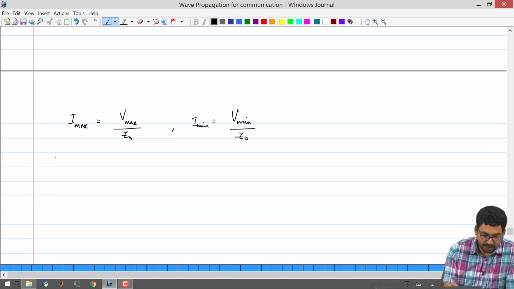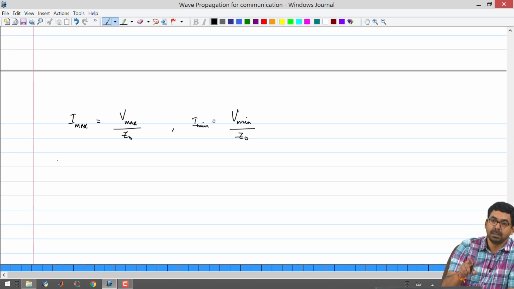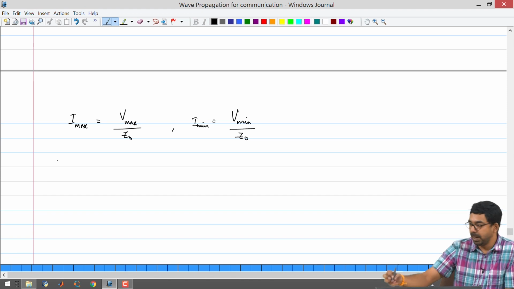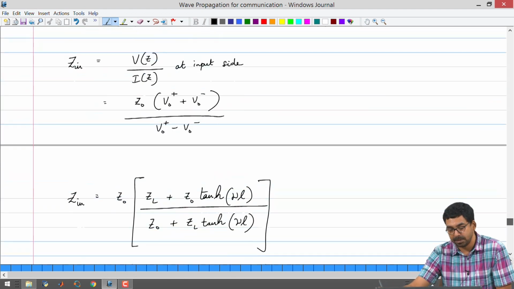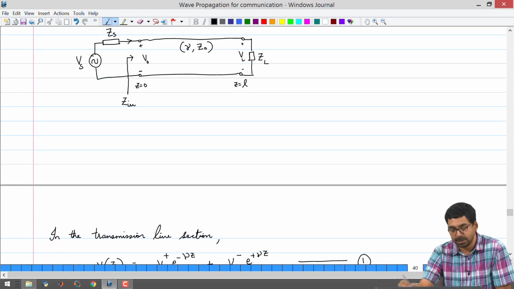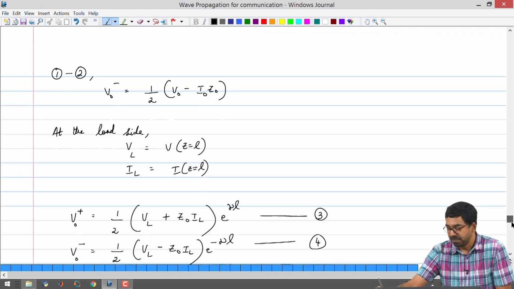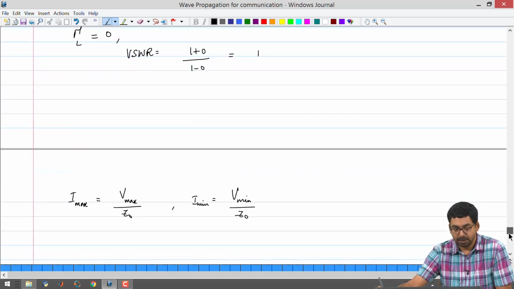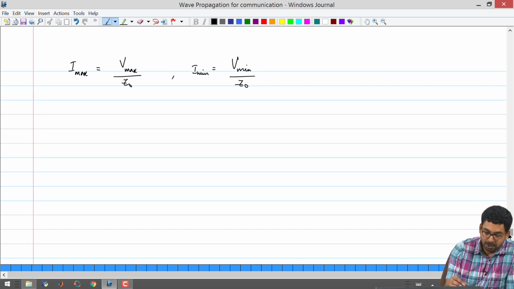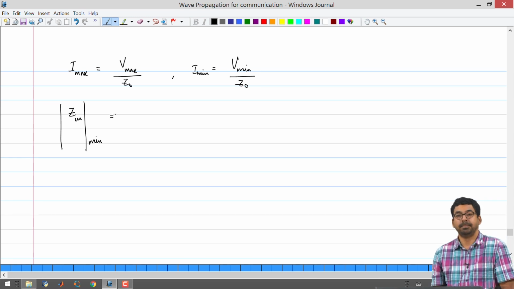Okay. So, this gives rise to some thoughts. We have talked about the impedance measured from the input side. So, we had talked about the impedance in the transmission line looking from the input side, which is known as Zin. So, now we have to think about what Zin could look like, right. So, we can write down Zin min. What is the minimum impedance that you can measure?